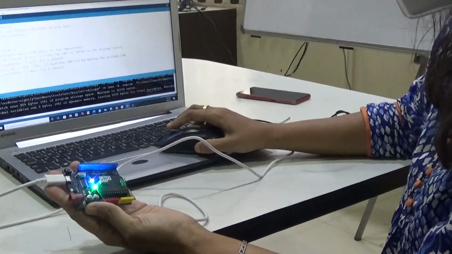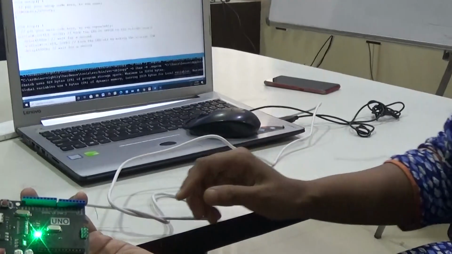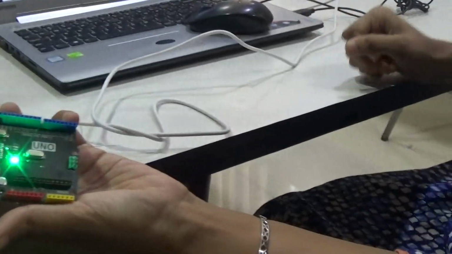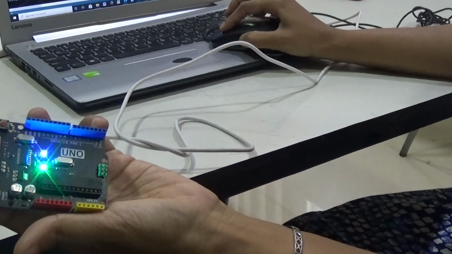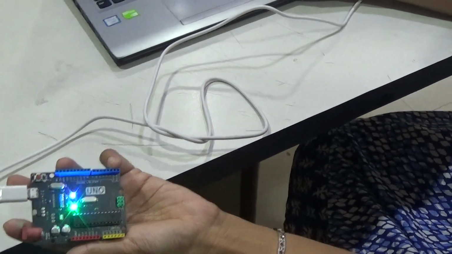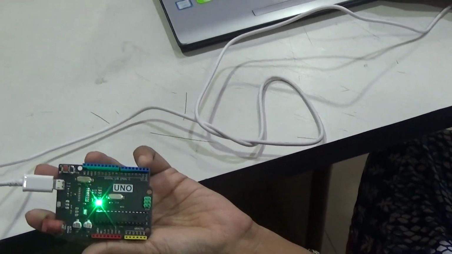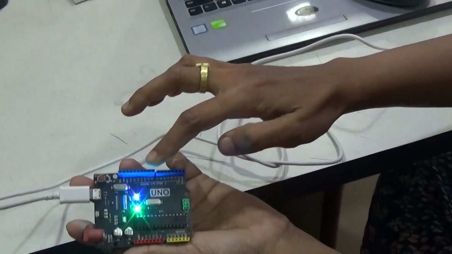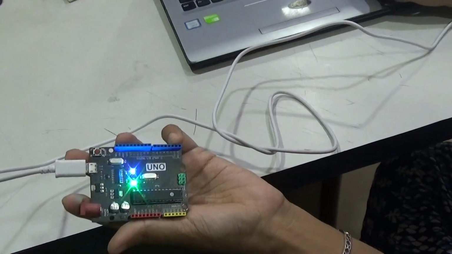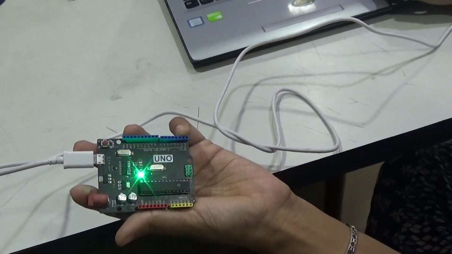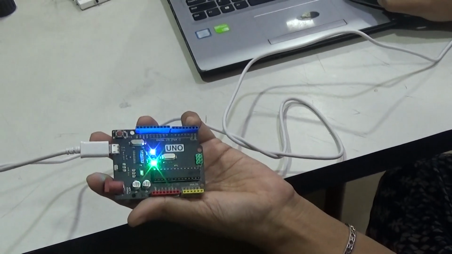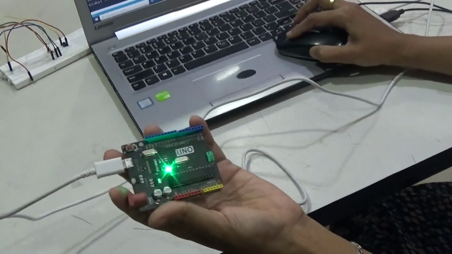So once I upload the code, here you can see that pin number 13, which is the onboard LED, is going to be turned on and off. Okay, so in this program we have provided a delay of 1000. So with a delay of 1000 it's going to be on, and with a delay of 1000 it's going to be off. This blue indication shows us the onboard LED, which is at pin number 13. So if you want to control the timing of on and off, again you can control it through this delay command. Here it's 1000. Okay, so if you want to control it, then you can give a different delay timing and one can control that.